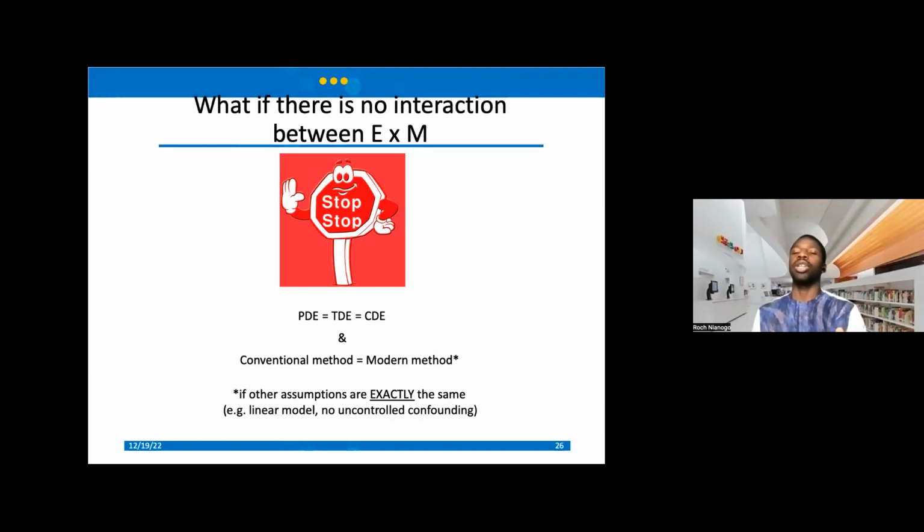So because of that, you should always include an interaction term. Then when you model, a signal may still be picked up, and you may have some substantial differences between the pure direct effect, total direct effect, and controlled direct effect, right? So again, that's very important.